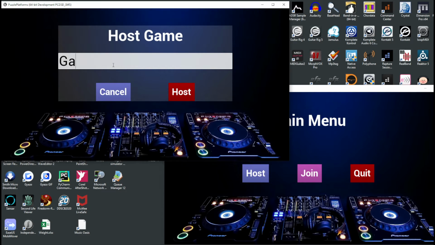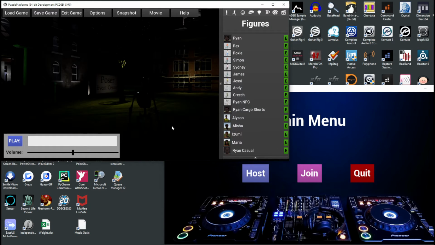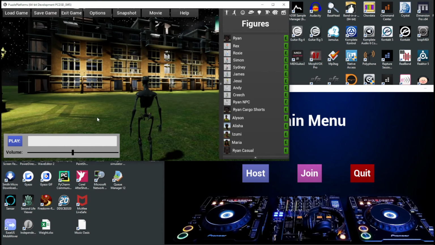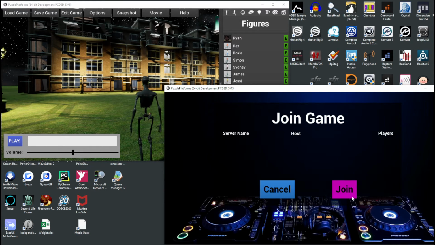So you'll see game 1. I'm going to host it. And there it did. The server's running in the background, and it also put a character in, and this is a client now. Now I can also click join. What join does is use what's known as the online subsystem of Unreal, and since this is running on the LAN versus Steam,